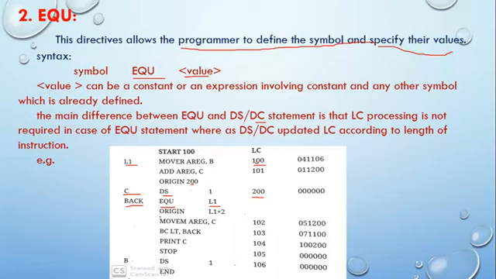पुढचं लोकेशन काउंटर अपडेट होईल 102 ला, म्हणजे ओरिजिन नंतरचं येणारं जे स्टेटमेंट आहे त्याला व्हॅल्यू किती मिळाली तुम्हाला 102 ही व्हॅल्यू मिळाली. ओके, that is nothing but the advanced assembler directive EQ. It declares the variable back, but it does not consider the LC processing. Okay, जर EQ ला LC processing ची गरज पडली असती तर पुढचा ऍड्रेस जो असाइन झाला असता तो किती ऍड्रेस असाइन झाला असता 200 नंतर 201 हा ऍड्रेस पुढे या ठिकाणी EQ ला असाइन झाला असता.